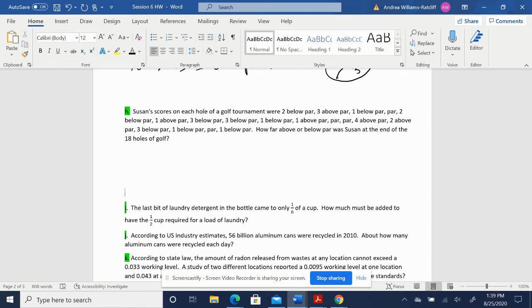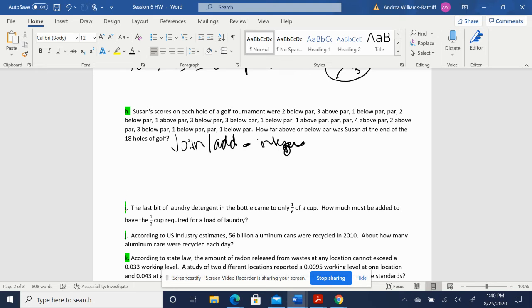Susan's scores on each hole of the golf tournament were 2 below par, 3 above, 1 below, and so on. How far above or below par was Susan at the end of 18 holes of golf? Okay, so this is still a join model, and it is an addition situation. The only thing here, instead of just using natural numbers, is that we're introducing